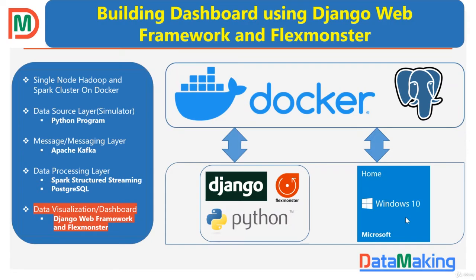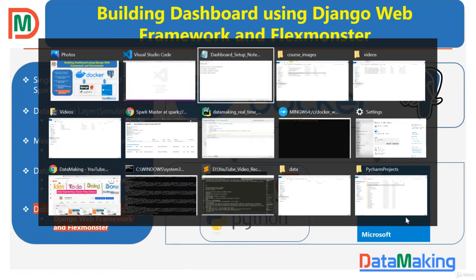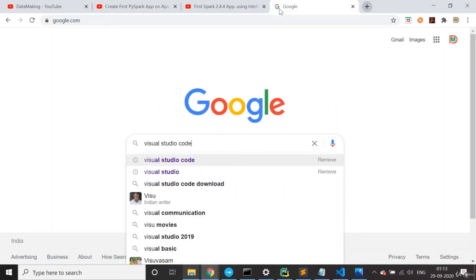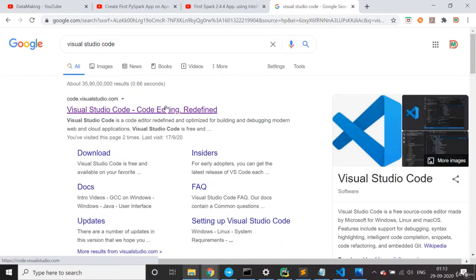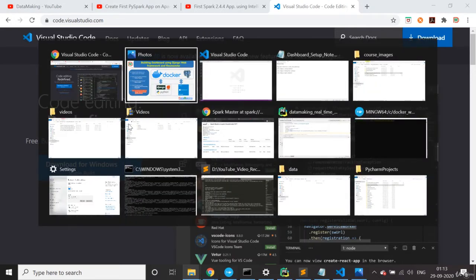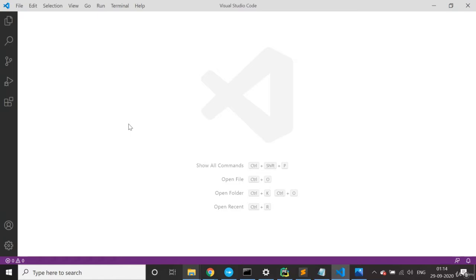It is easy to set up. Basically, you can download Visual Studio Code from the website. You can just go to google.com. You can download it, and it is very easy to just download the respective installer for your Windows or any other operating system, and you can install it. Once you install it, I can just click on next and install it. Once you install and open it, this is the Visual Studio Code IDE.